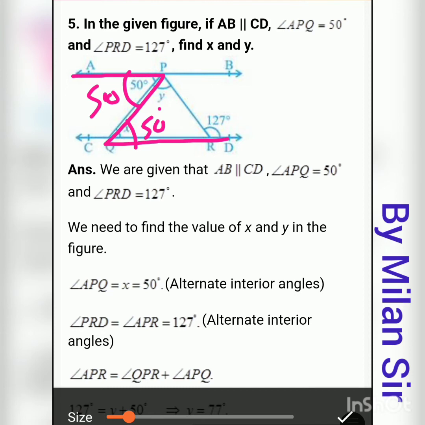Now which pair of angles are here? Alternate interior angles. Reason is alternate interior angles, and both are same. So if one is 50 degree, so the second one is also 50 degree. So from here we can directly get the value of x. X is equal to 50 degree.